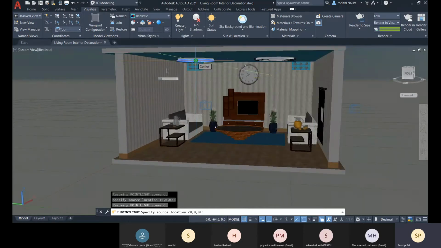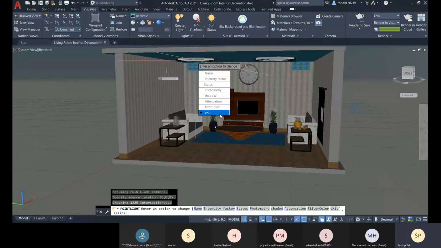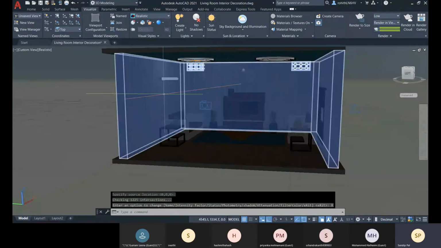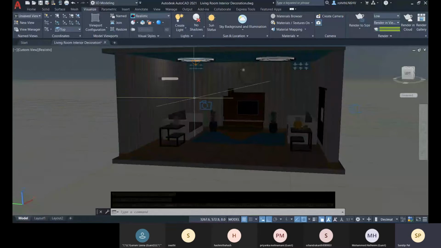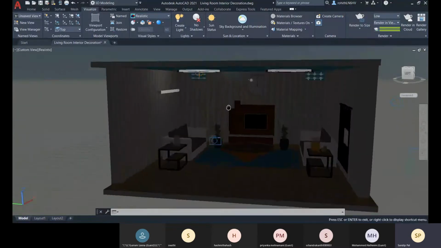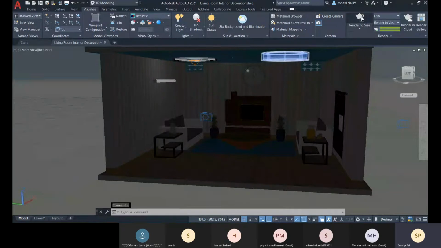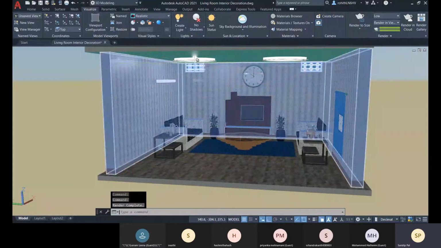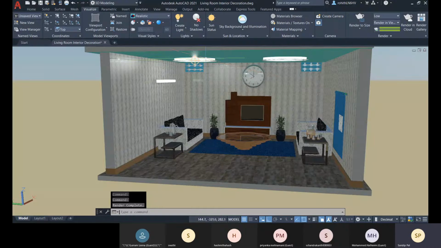There you can place it like this, and now let me exit it. And now if I go for your render to size option, now there you can see that you are getting this light, right?